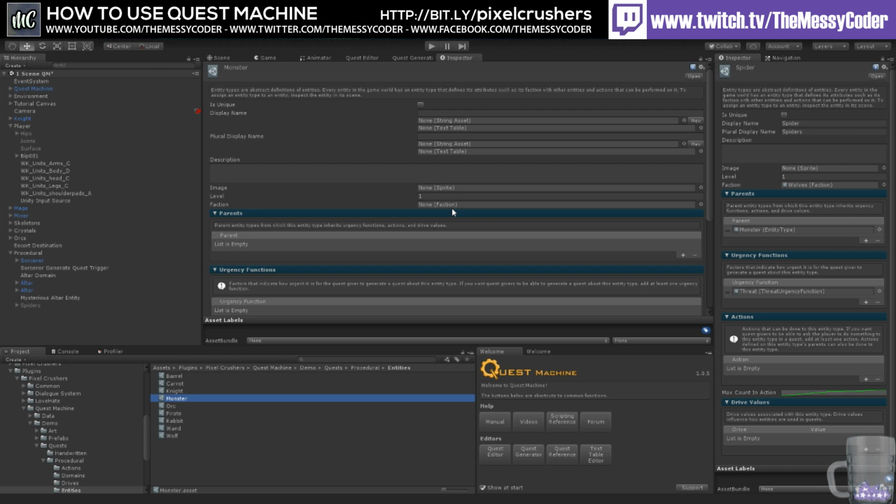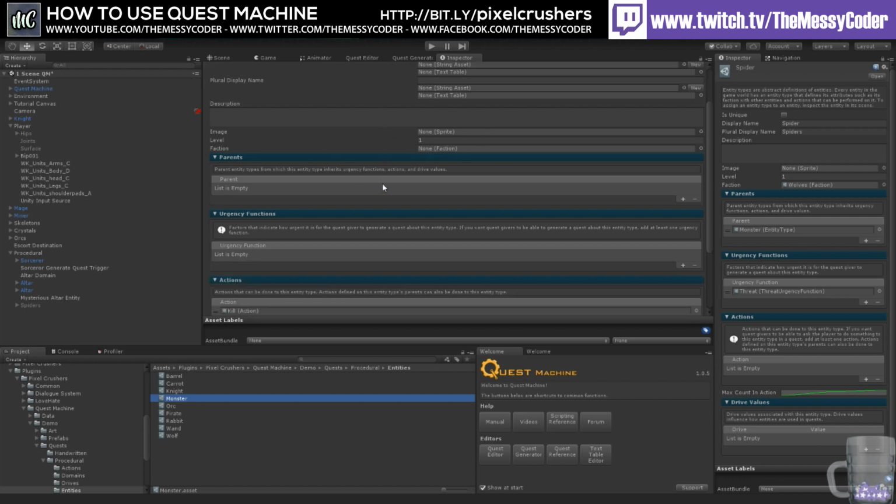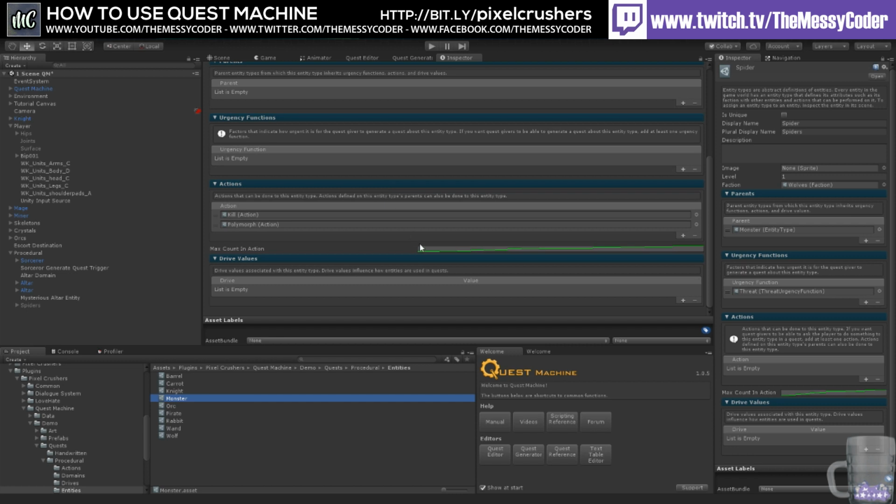So now the monster, if you don't mind scrolling all the way down, has a kill action and a polymorph action, although we don't have an ability to polymorph in this scene. That comes from the demo scene where we added a wand that lets you polymorph things. The kill action